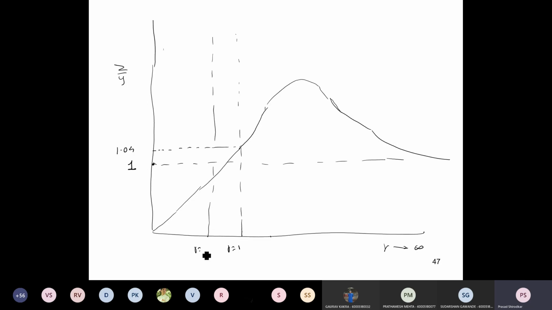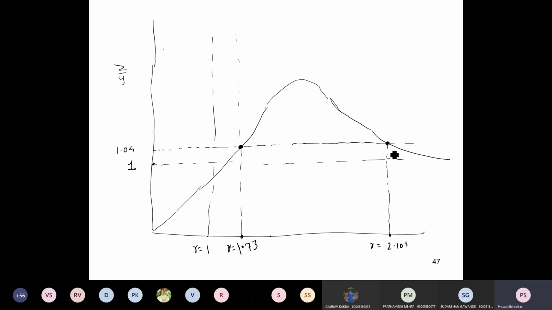aligns itself funny. Okay, so this is r equal to 1 and this is 1.04, and draw a horizontal line. This cuts the curve at 2 points, this is 1 point, this is the second point. You get two solutions for the quadratic equation, right? So the first point is r equal to 1.73 and the second point is r equal to 2.104. All right, so from the graph